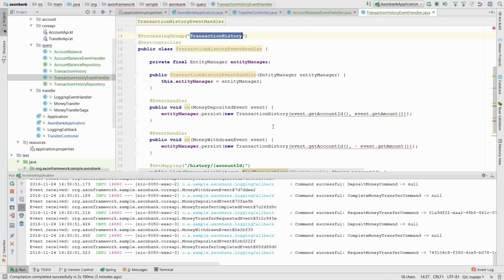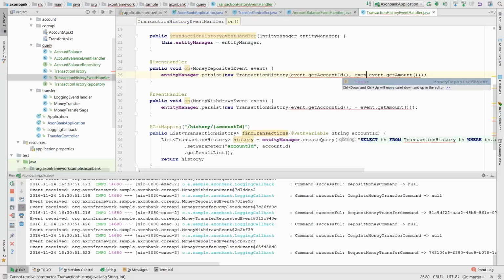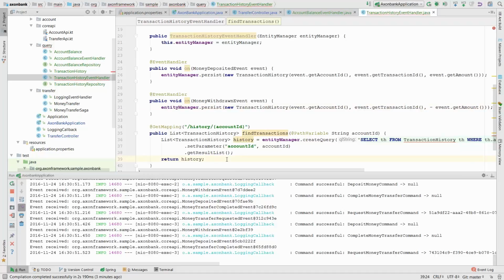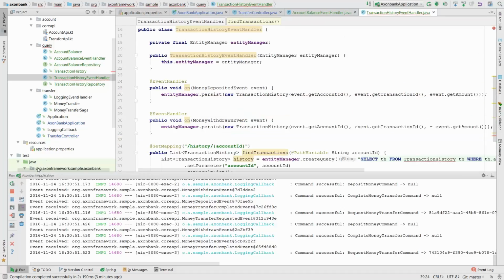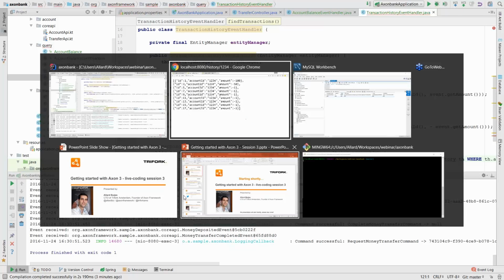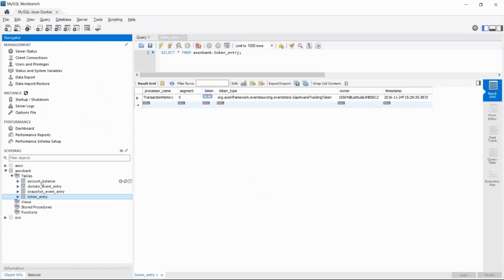So let's update the event handler as well, and of course here we need the event.getTransactionID as well. So now we can actually correlate the withdrawal and the deposit. So before we restart the application, let's stop the application, go back to our database, and we can see that